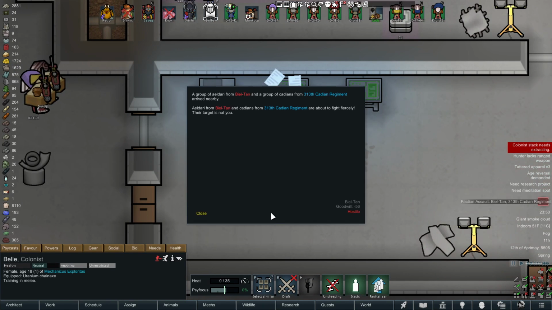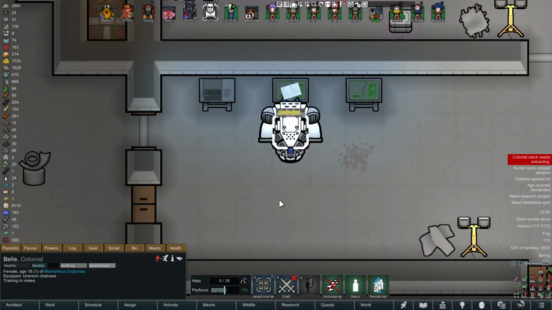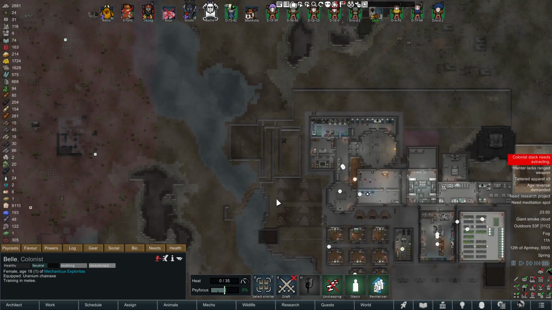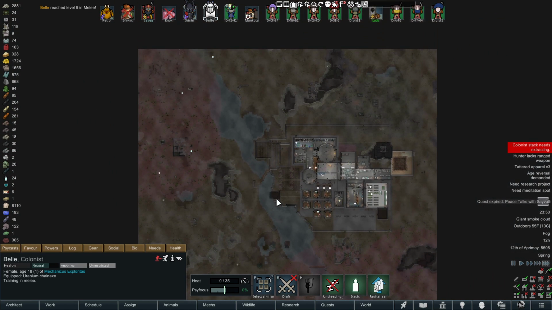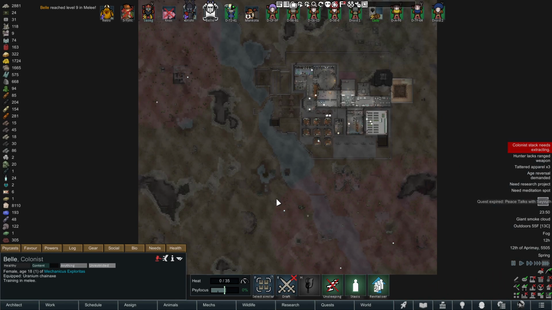Oh my god. The Eldar and the Cadians are fighting in my base. Have fun with that, guys. I don't think anyone actually even showed up. Yeah,